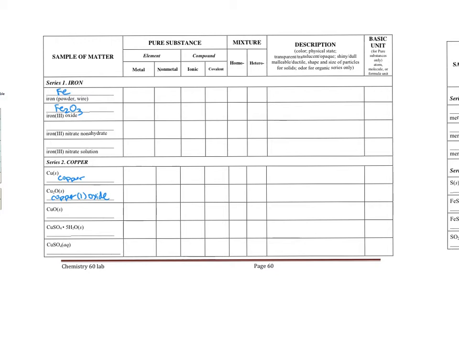The next thing you need to do is identify if it's a pure substance or a mixture. If it's a pure substance, is it an element or a compound? If it's an element, is it a metal or a nonmetal? If it's a compound, is it ionic or covalent? And if it's a mixture, is it homogeneous or heterogeneous? So it's really important to realize in these boxes, you only have one check mark. Only one X for each column. For example, iron